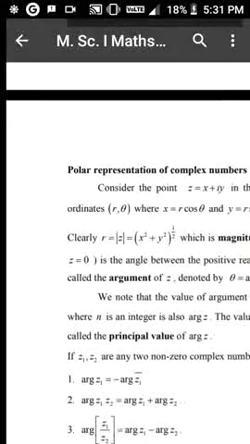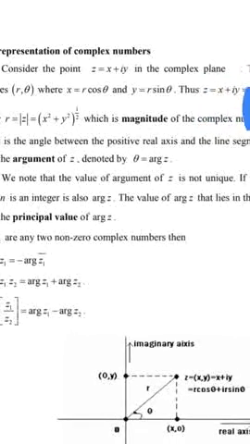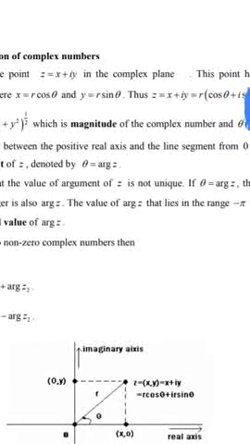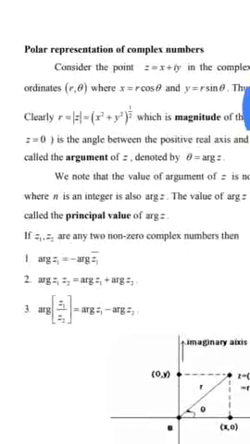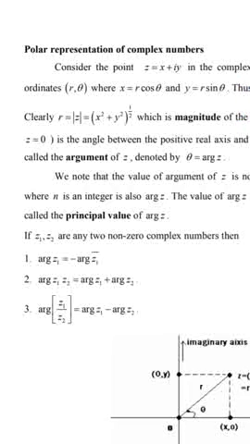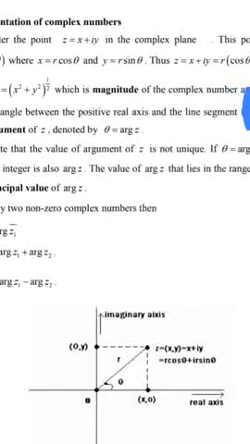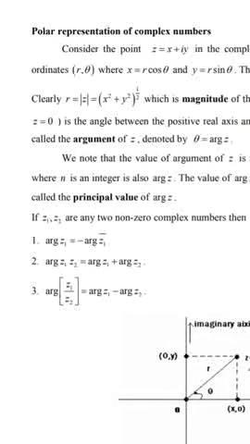Polar representation of complex numbers. Consider the point z = x + iy in the complex plane. This point has polar coordinates (r, theta), where x = r cos theta and y = r sin theta. Then z = x + iy = r (cos theta + i sin theta). Clearly, r = modulus of z = (x square + y square) raised to half,